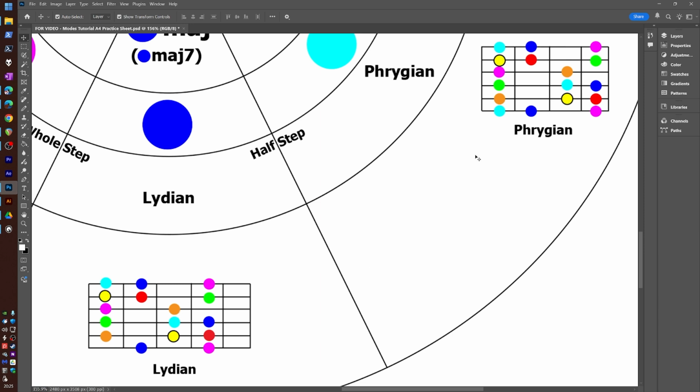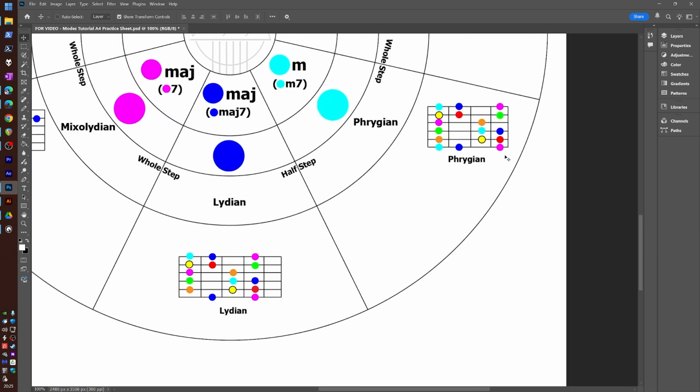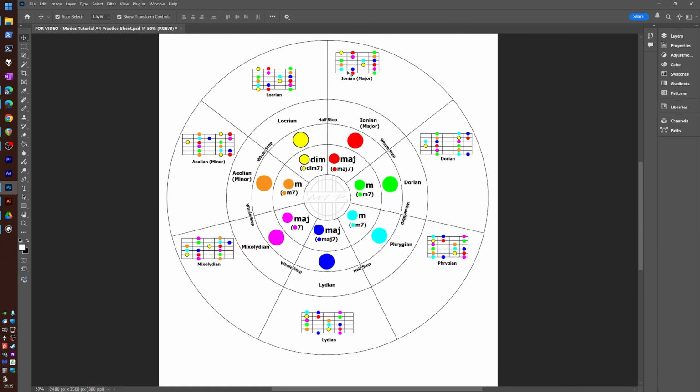So again, you don't have to learn 2 different scale shapes. You only have to learn 1, and remember that Phrygian has this additional root note at the start of its version of the pattern. So what you end up with is you only actually need to learn 1, 2, 3,